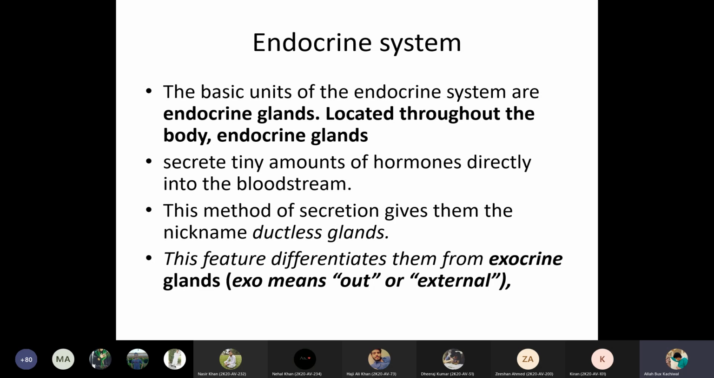The basic unit of endocrine system are endocrine glands located throughout the body. और फिर endocrine glands secrete the tiny amounts of hormones directly into the blood stream. तो हार्मोन्स टिनी अमाउंट में इस्तेमाल होते हैं। ये हार्मोन्स को ब्लड स्ट्रीम में सीक्रेट करता है, और दिस मेथड ऑफ सीक्रेशन गिव्स देम द निकनेम डक्टलेस ग्लैंड्स। इसको हम डक्टलेस ग्लैंड कहते हैं।